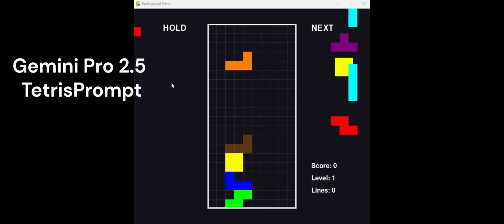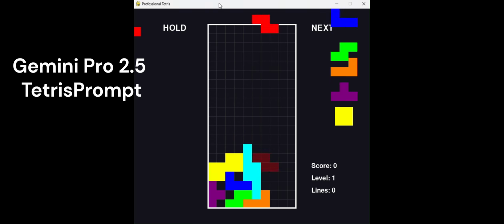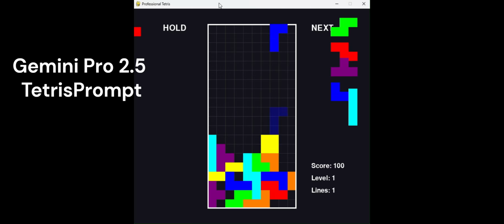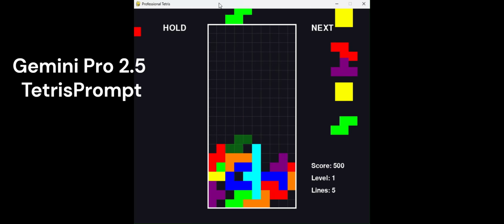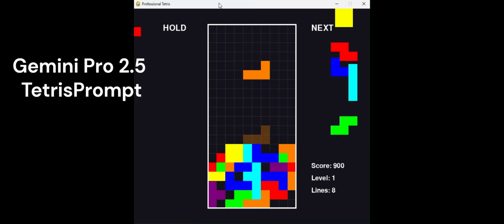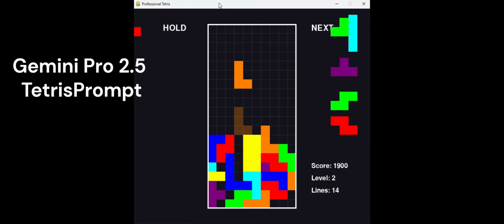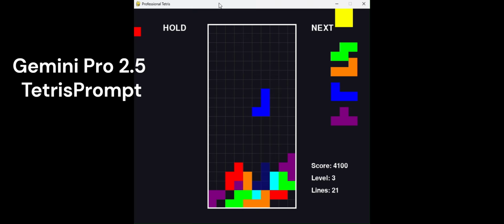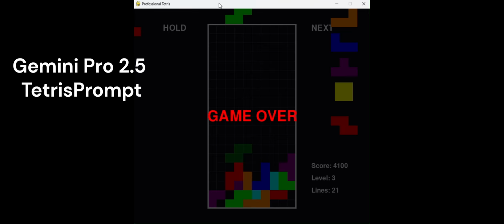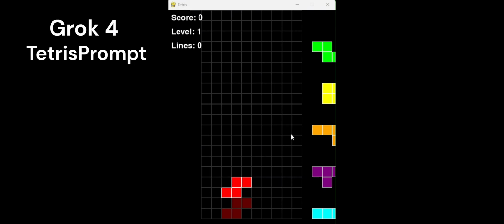Next, we have Gemini Pro. I would say the interface is not as professional, but the main thing is if the gameplay is proper. And at first, it seemed like it was performing very well. But about 3 minutes into the game, it just is game over. We tried running the simulation again and got it to fail the second time, at which point we went to